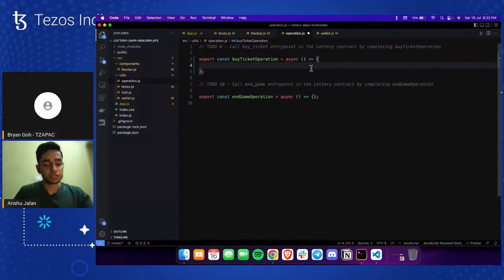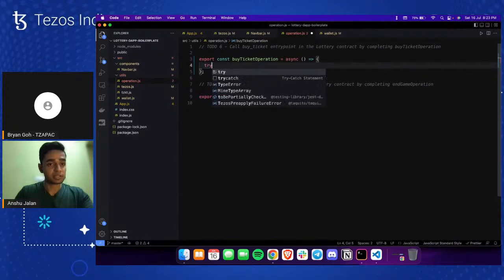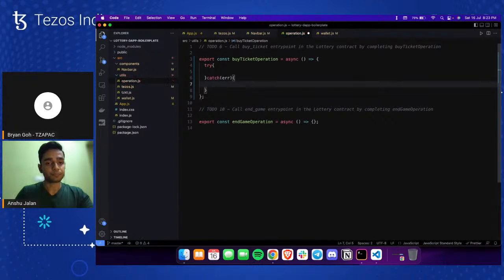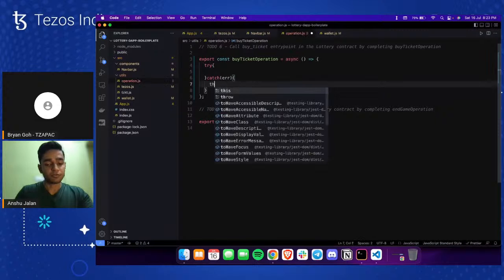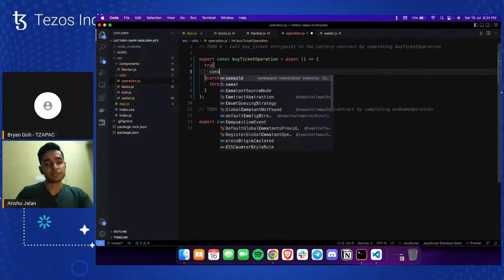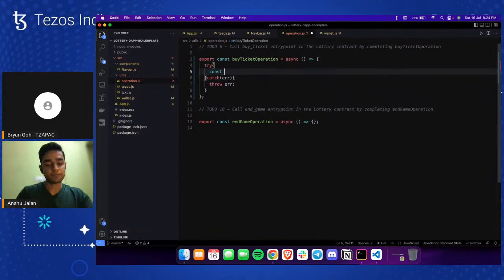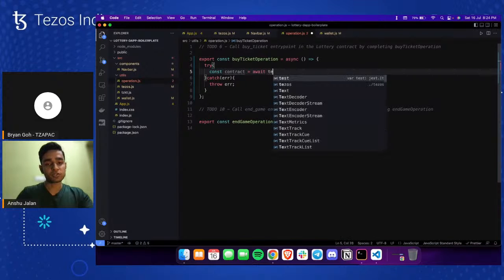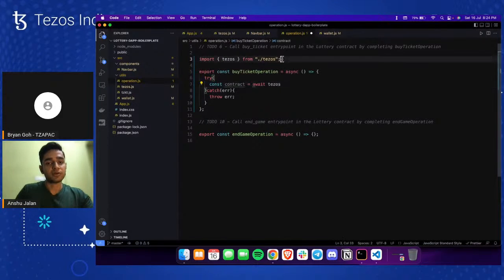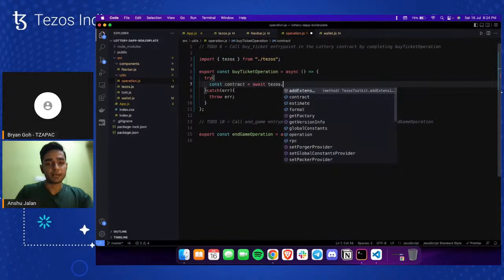So how do we do this? Well, the first thing that you do is you write a try catch block. This is really important because we are using an await call in here. The first thing that you have to do is initialize a contract instance. And to do that, you have to use the Tezos toolkit instance that you originally exported. So here it's auto import. Then